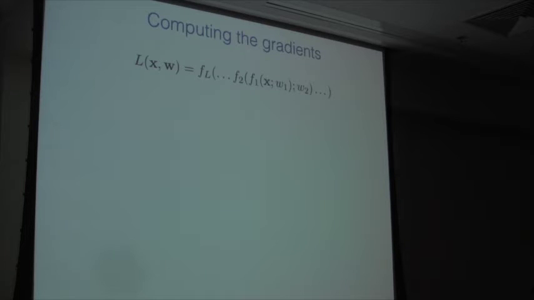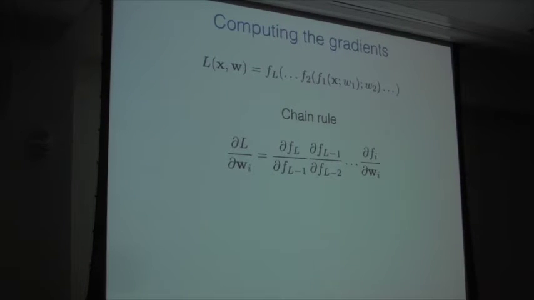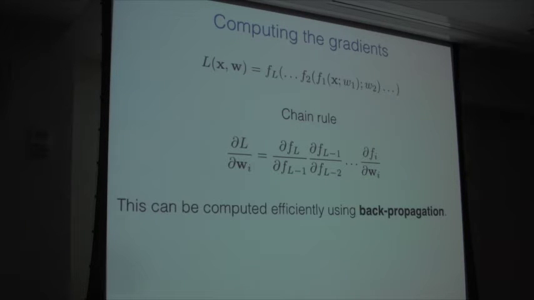And the way that you can then take a gradient of these types of functions, which are compositions of many functions, is with the chain rule. This is just a simple rule from calculus that tells us how to decompose the gradient of the entire composition of functions into gradients of each part. And backpropagation is a name for an efficient algorithm for computing gradients in this setting. So backpropagation is just a way of computing the gradient, and then you can do gradient descent once you've computed the gradient. Okay, and the basic idea of backpropagation is that first you are going to run the